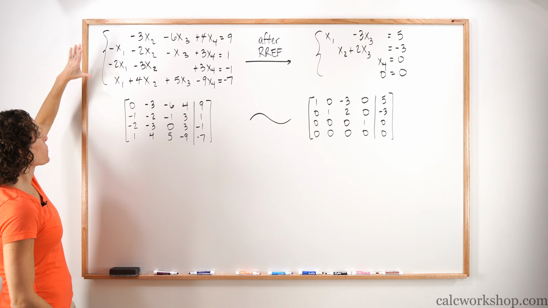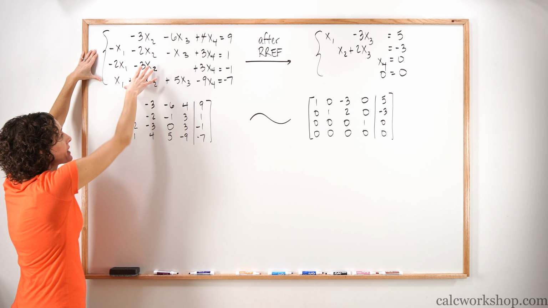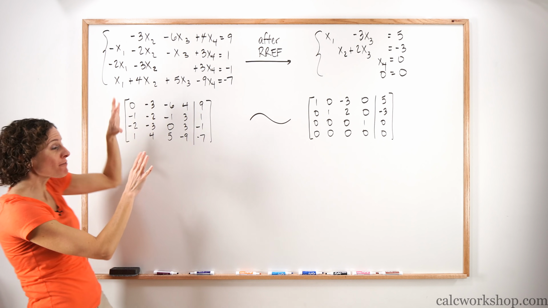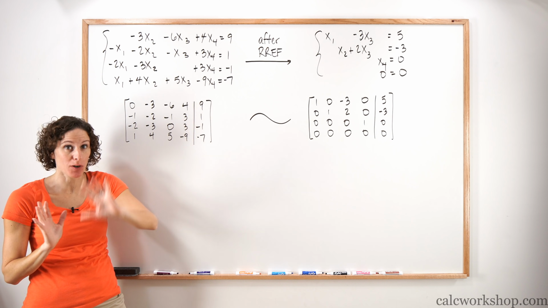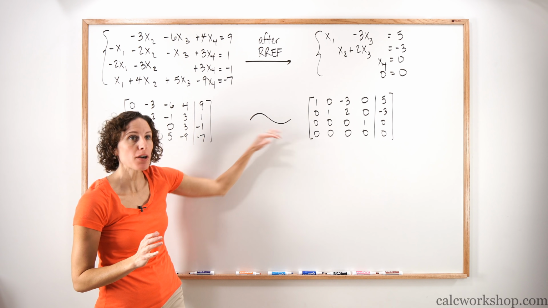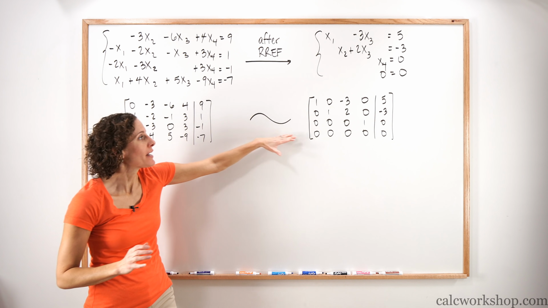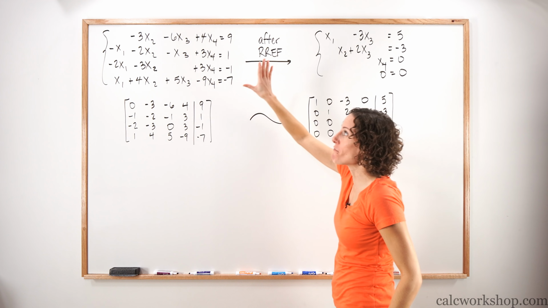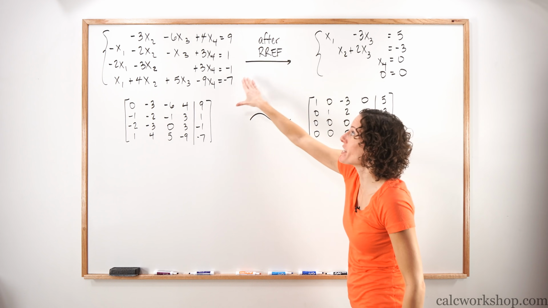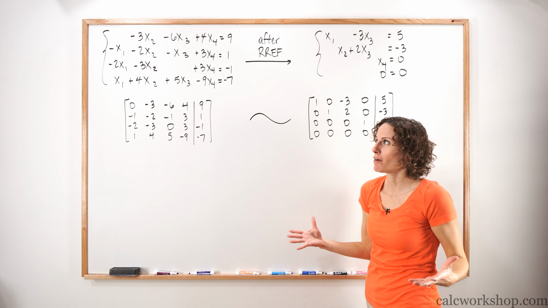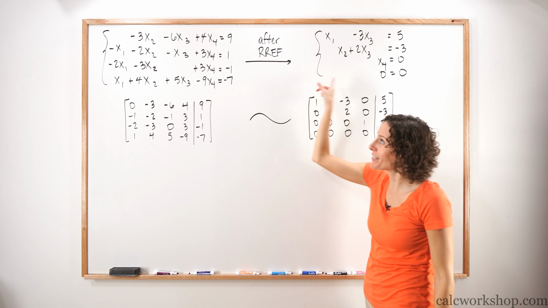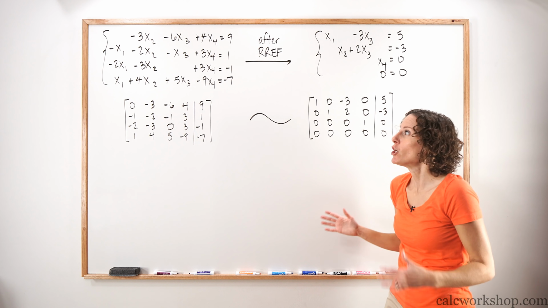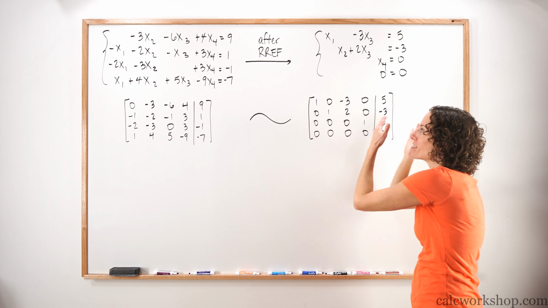All right, so we have this system. And what we've done is we've put it into an augmented matrix. And then what we're going to see is after we've completed all the row reduction techniques that we're going to learn, that equivalent matrix turns into this matrix, which is this simplified system. So we have this equivalent system to this one. These two systems are equivalent to each other. This one looks a lot nicer than that one. It's because we've performed all of our row operations to the best of our ability. So we, in essence, have simplified our problems significantly.